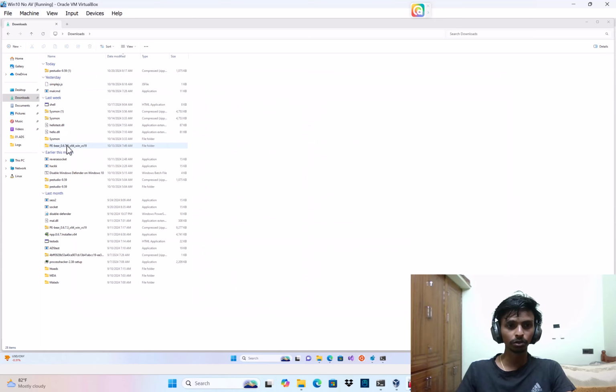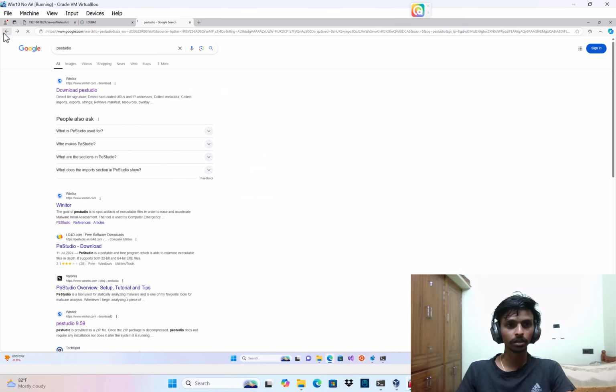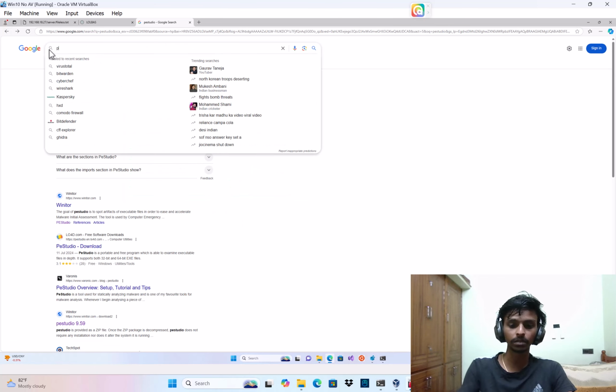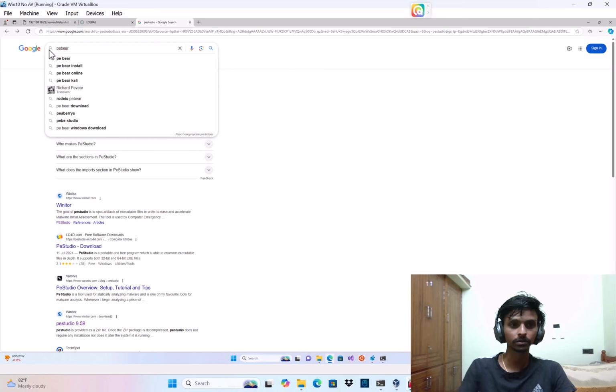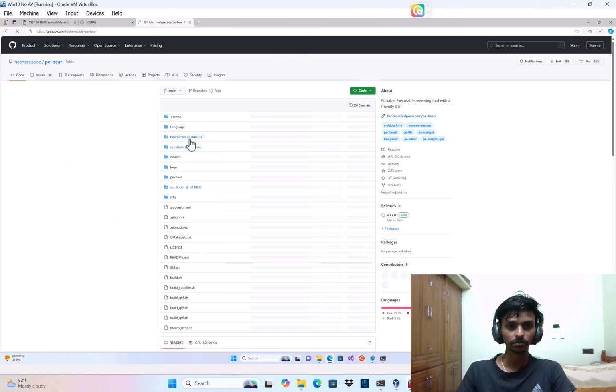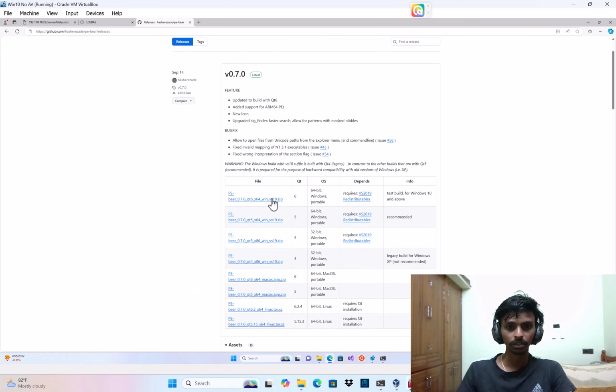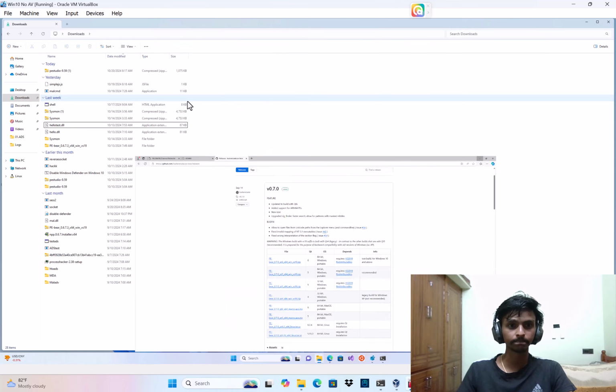We will see one more tool called PEBR. PEBR is also a free tool. You can go ahead and download it. You can click on this release and download whichever version you want. Once it gets downloaded,